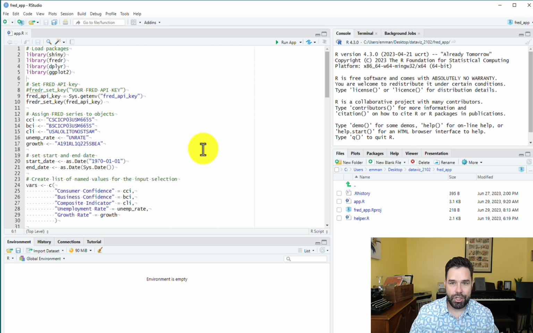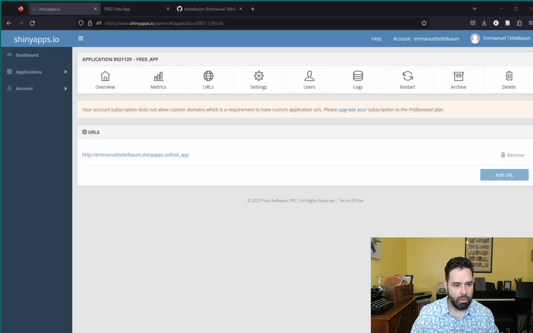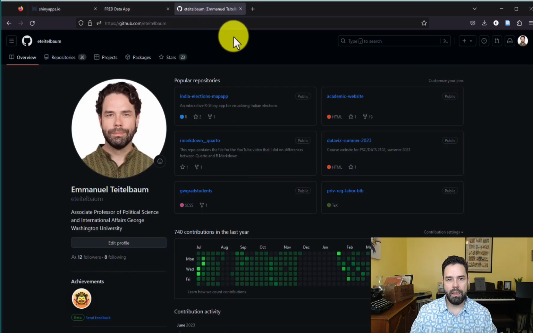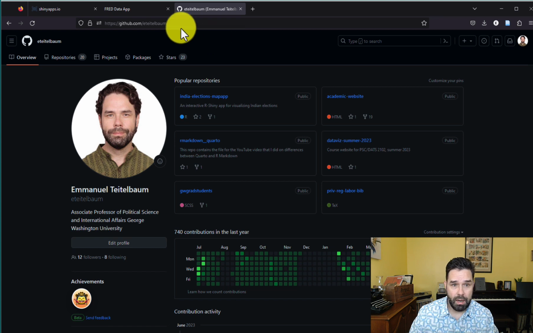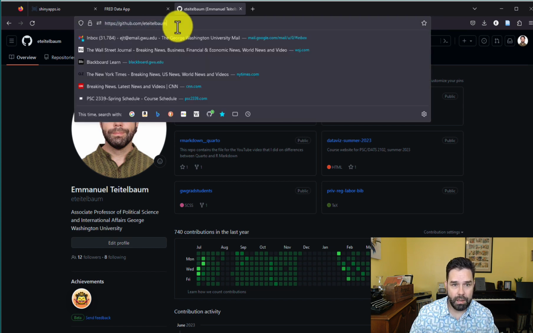Another option is to share your code via GitHub. So you should have some familiarity with this because we've been doing it throughout the course. We've been using GitHub Classroom. But what if you want to feature the app as one of the repositories in your GitHub profile? So let me go ahead and go back to my web browser here. And here I'm in my GitHub account. I'm at my GitHub profile,